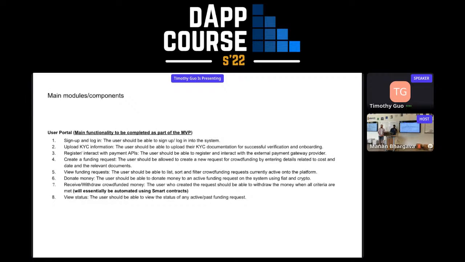For the MVP, the main thing is a user portal. So the functionalities for the user portal will obviously be authentication, to sign up and log in. We have a KYC integration. So for the KYC integration, we are going to use an external API called,